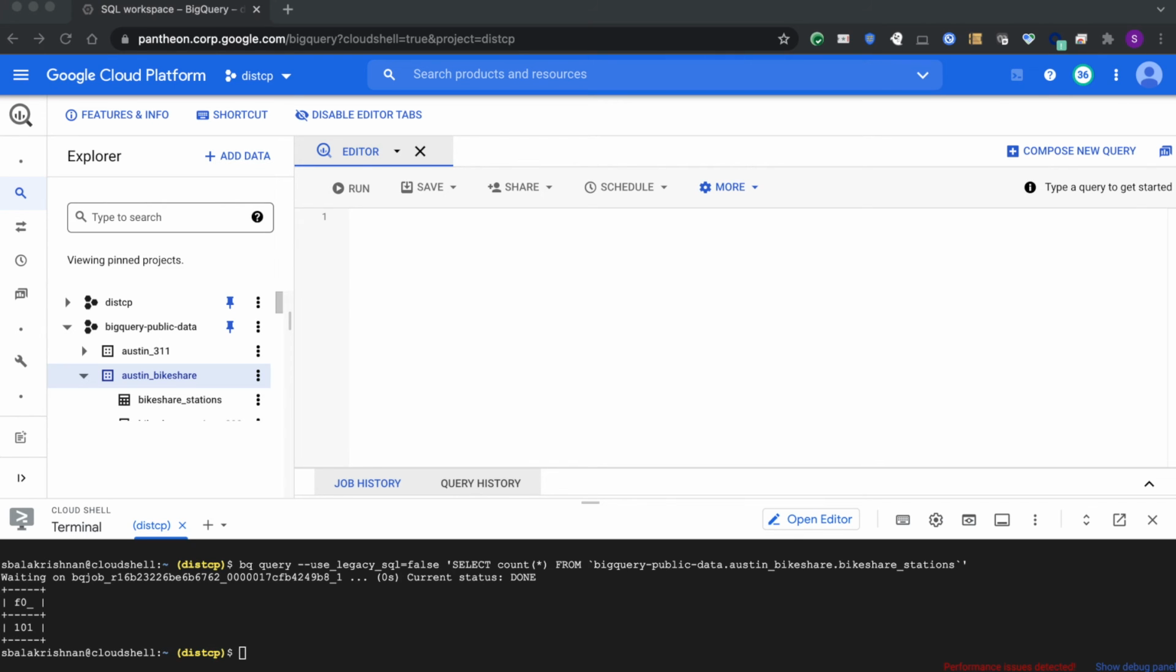The next one I'm going to use is creating a dataset. How can we make a dataset within a project? I'm going to use the make command, bq mk, and here I'm giving the dataset name test_ds. This is going to create it in my current default project. This is going to create a dataset within my default project. When I enter this,